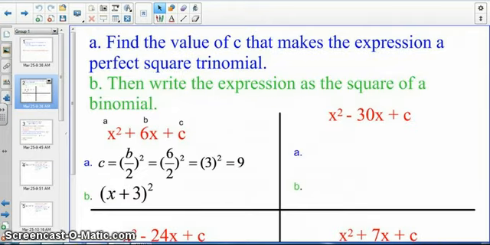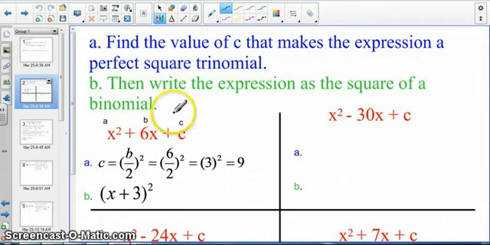Our first thing that we need to go over for completing the square is we want to try to find a perfect square trinomial. Then we are going to write that expression as the square of a binomial. For instance, the first example, x squared plus 6x plus c. To find what c will equal to make it a perfect square trinomial,